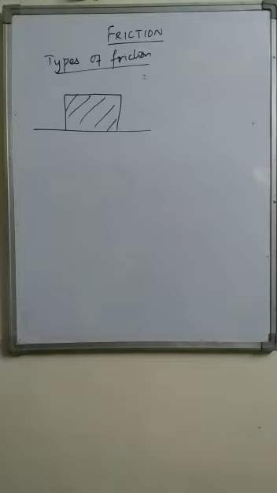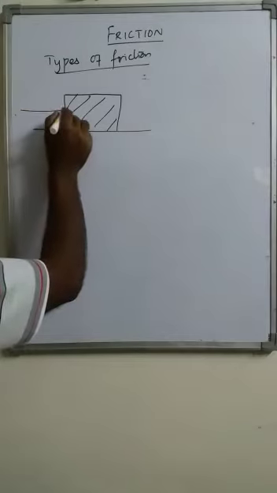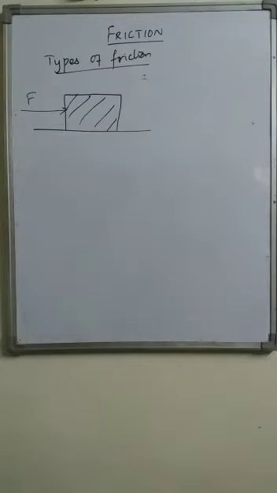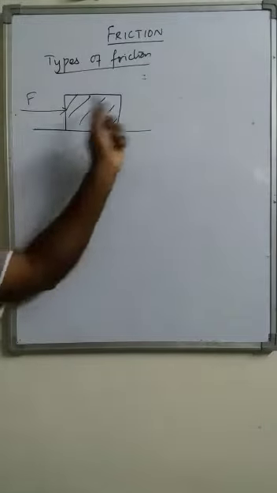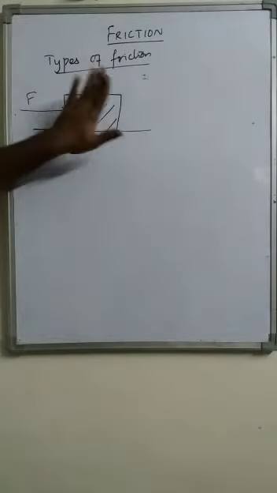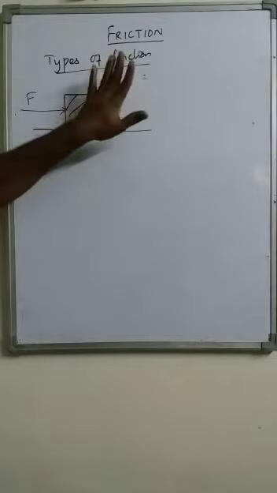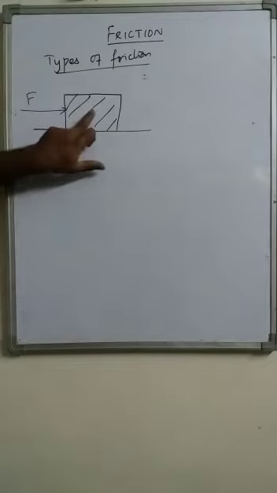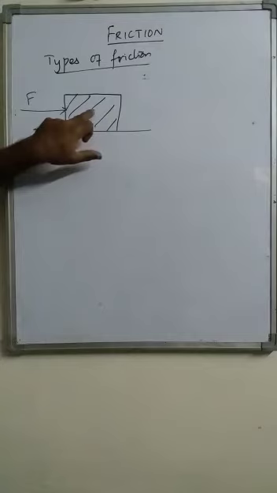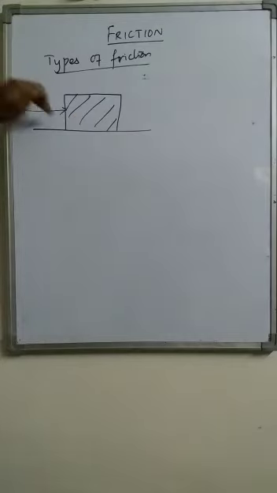For that, what we have to do is apply a force. And this magnitude of force applied on this block is not sufficient to move it. It is still at the same position, remains at rest. By the application of force, still it is at rest. It is not moving. In this situation, we can feel that there is friction, because